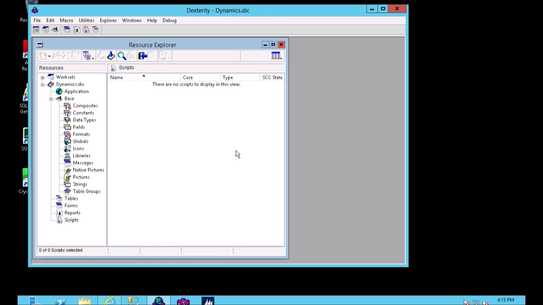So that's it as far as an overview of Dexterity. That was pretty quick, but hopefully you got a little idea of the components and how you build applications in Dexterity. The next one, we'll start with building our own table and start to build a form, so you can see how that is done